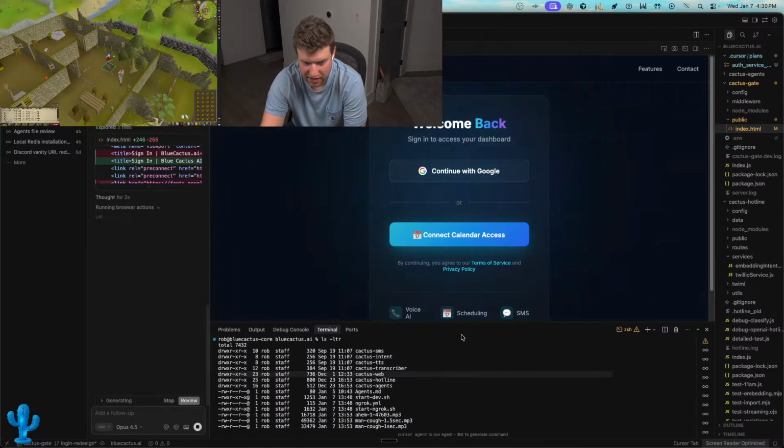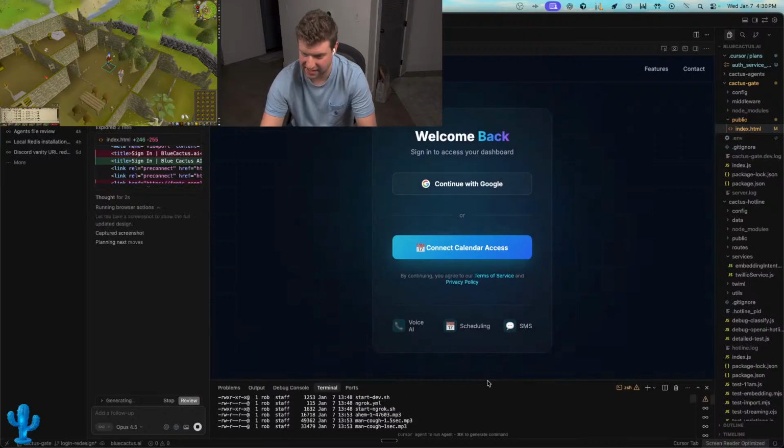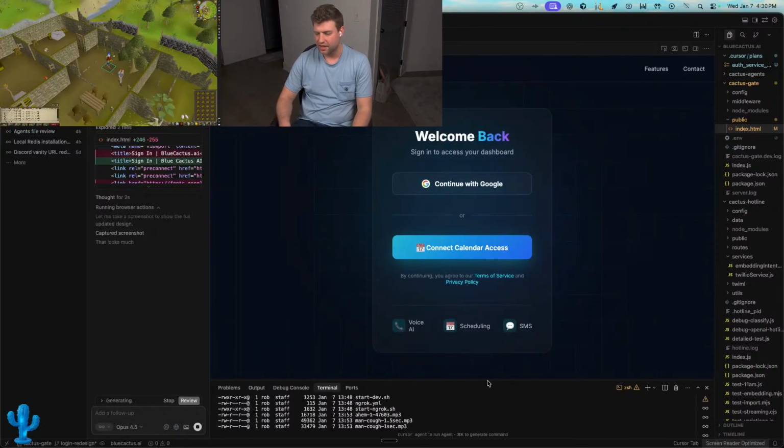So there you go. A login screen that kind of fits that styling, a lot more sexy, looking a lot better, right? So